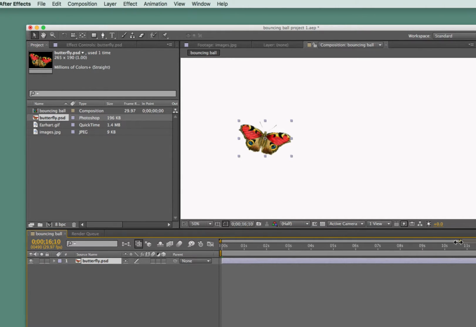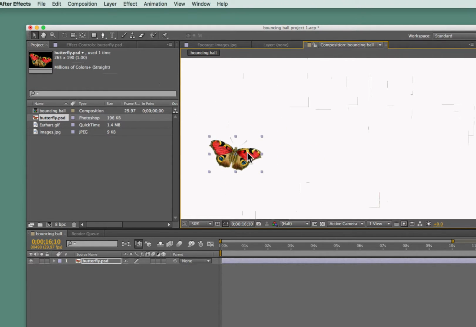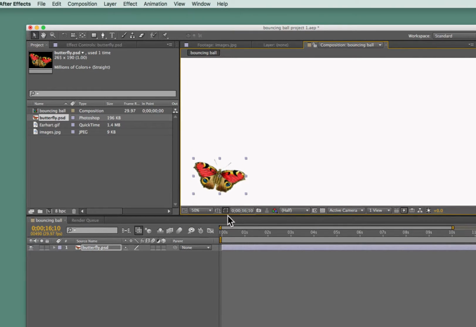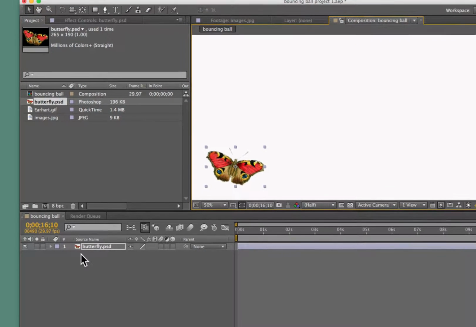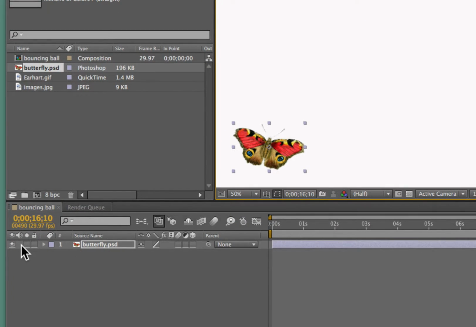You can adjust how much of the timeline you see. I could adjust it so I can just see up to 10 and just work with 10. So we have our butterfly. I can use this selection tool to move the butterfly around on the stage, which is what I'm calling the stage, wherever I'd like it to begin. So I'm just going to leave it here in the corner, and I'll show you how to make the easiest kind of animation move, which is just to move something from point A to point B. Let's call this point A, where it is now. And I'd like you to look down on your timeline